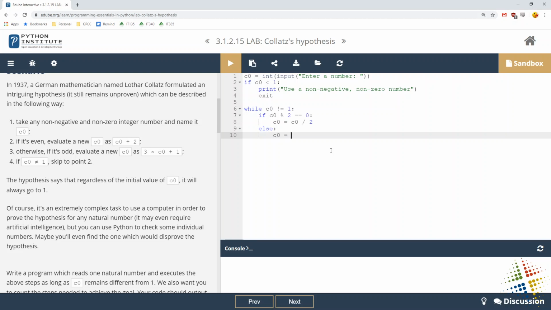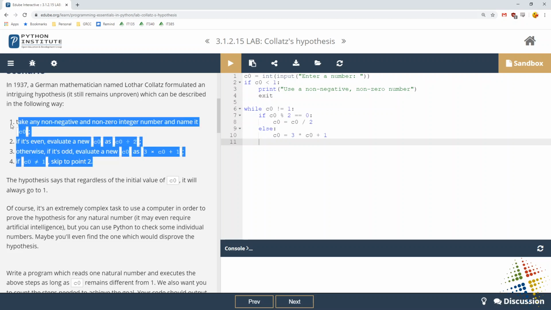C0 equals 3 times C0 plus 1. Oops. And then it goes back up. Okay, so that is most of, actually, I think that is all of that right there.